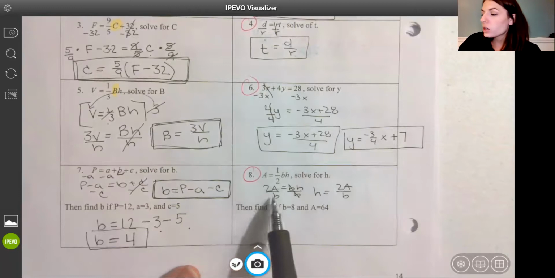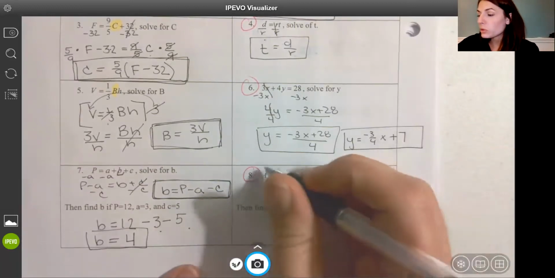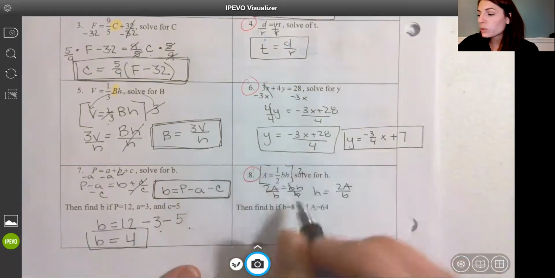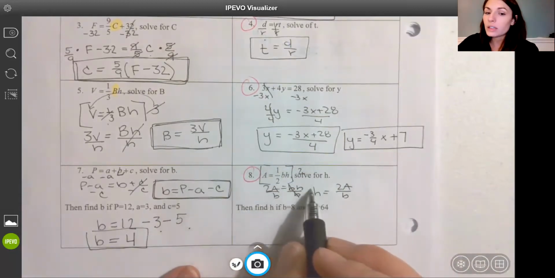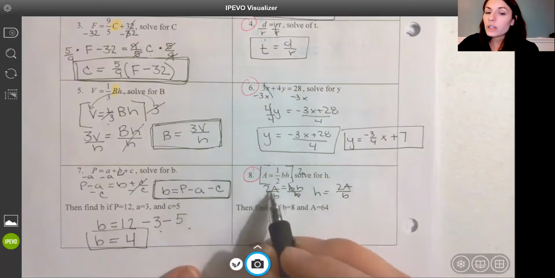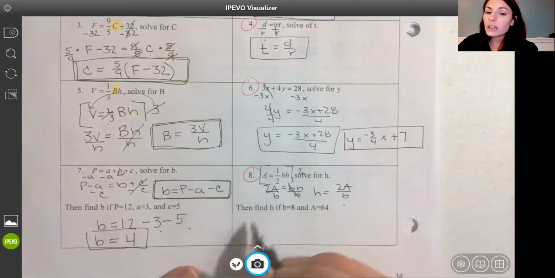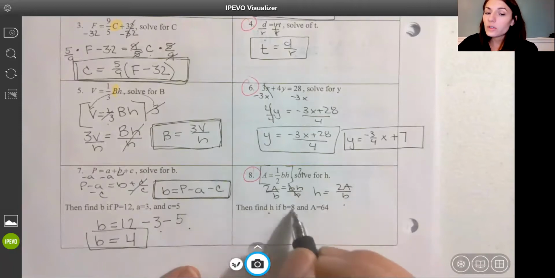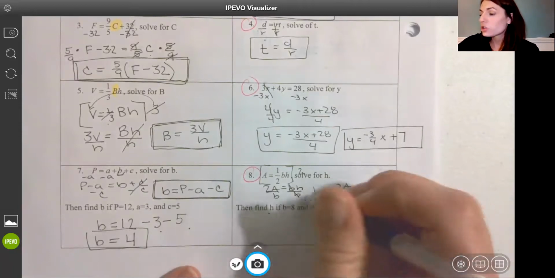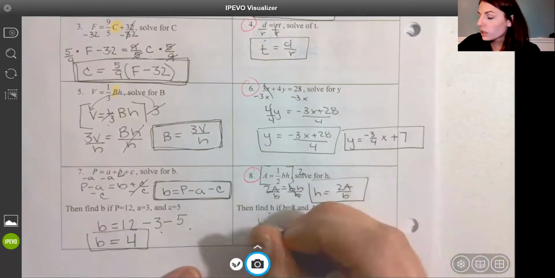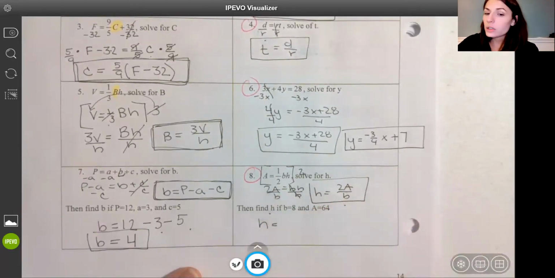Last one, solve for h. And so first I dealt with that fraction by multiplying. I multiplied everything by 2, which gave me 2a equals bh. And then to get h by itself, I divided by b, which lands me here. And again, it's a lot easier now to find h, given the other values, since I've rearranged my equation to already be what h is equal to. So h